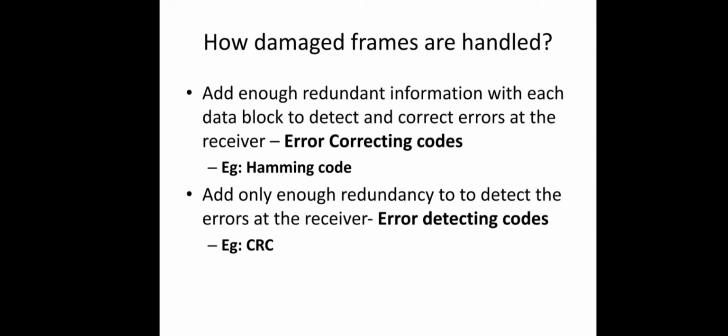Whereas the second case, that is detect errors and retransmit, can be used for reliable channels like fiber optic cable. In that case, the chance of error will be less, right? So for one or two errors, we need not compromise the data size. If we add an error correcting code, the size of the data pack will be more. The number of redundant bits to be added will be more, right? So in reliable channels like fiber optics, we can use error detecting codes. Only one or two frames need to be retransmitted.